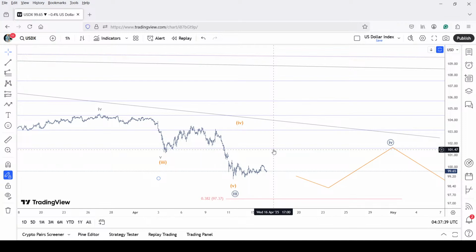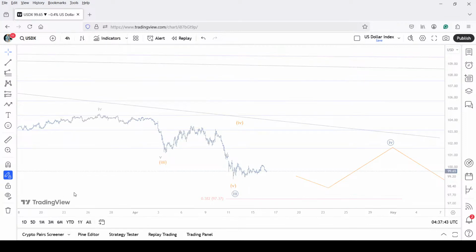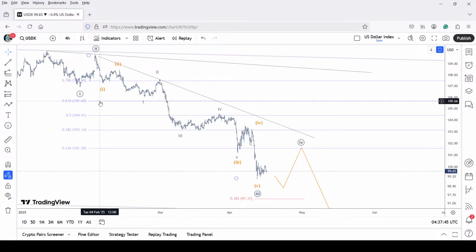And as far as the stop loss is concerned, from the trading perspective, the stop loss would still remain around 107 and the potential target around 95, even 93 possibly. All right. And from the wave structure point of view, we are possibly within the minute wave 4 being carved out right now as a complex structure,